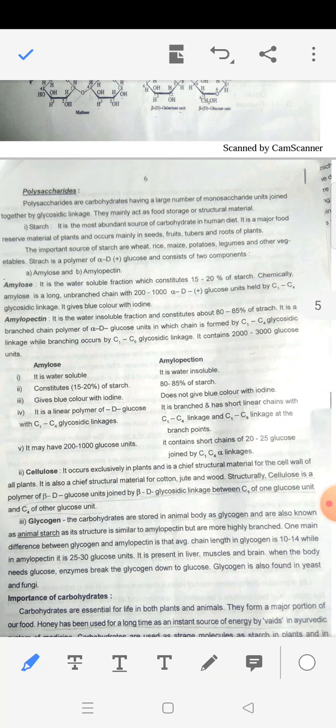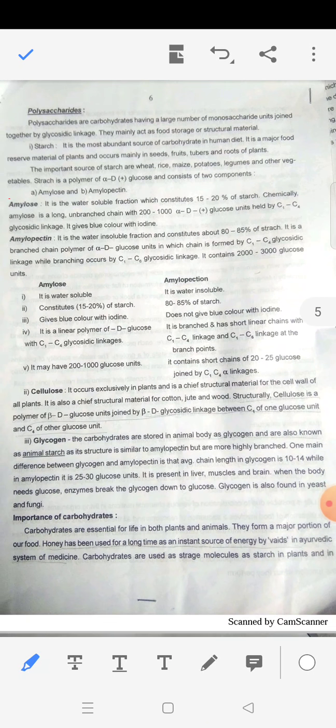So the amylose component of starch is water soluble, and that of amylopectin is water insoluble. You know that starch is a colloidal solution. All of you must have seen starch. Now, one of the tests which we do to identify the presence of starch in any compound is by putting a drop of iodine. So you know that if something contains starch, after putting iodine, the color will turn blue. So it is the amylose component of starch which gives iodine a blue color. Amylopectin doesn't give a blue color.